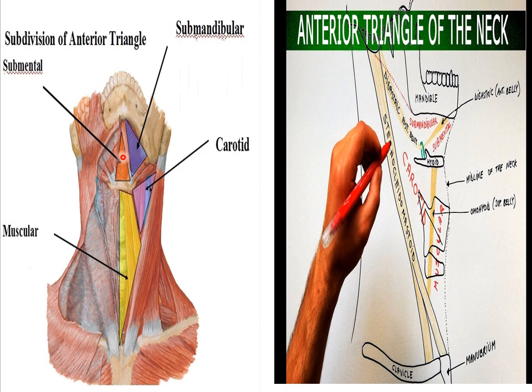The submental is only 1 triangle, but it is distributed in half: half lies on the right side and half on the left side. We have 2 muscular triangles. So 2 carotid, 2 muscular makes 4, and 2 digastric triangles makes 6, and the submental triangle is 1. So a total of 7 triangles are present in the anterior